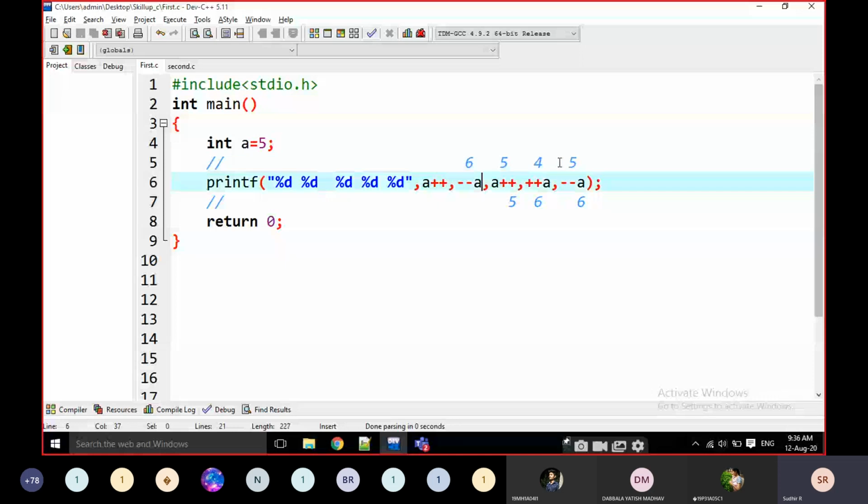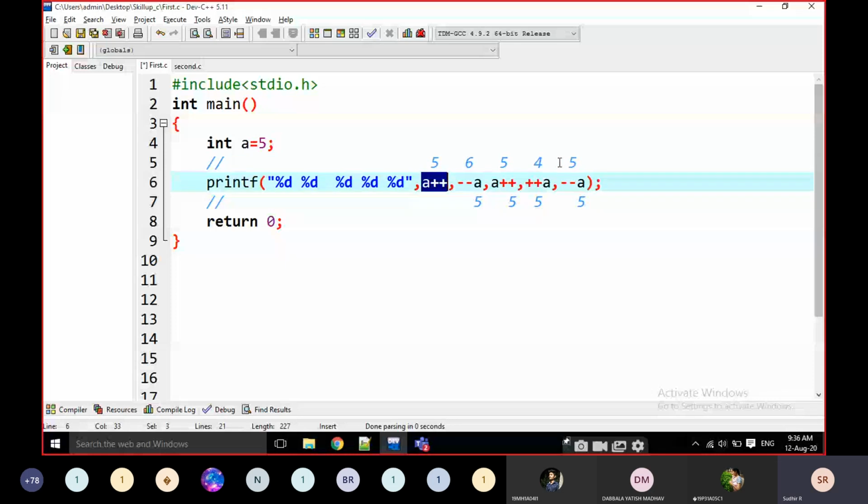Okay. Then in this value, this is the pre-decrement. Pre-decrement means 6 becomes 5, and 5 is printed. Then we check whether there are any pre-increments and pre-decrements. Yes, there are two values. Then we have to modify these two as 5. Then 5 is going to be passed here.